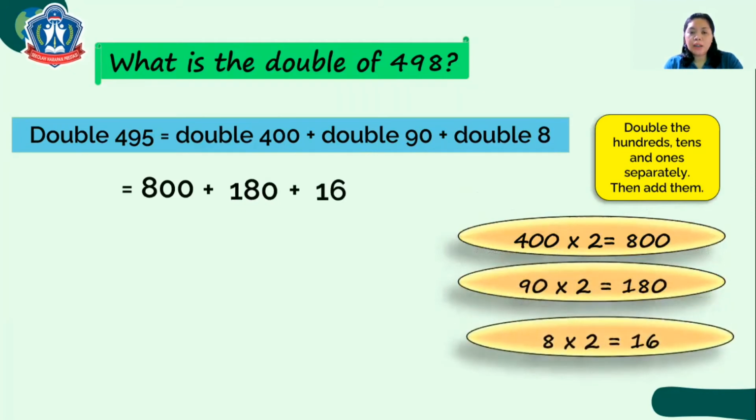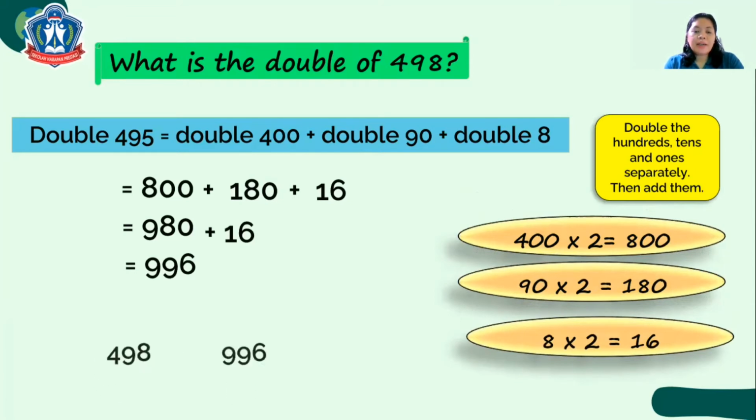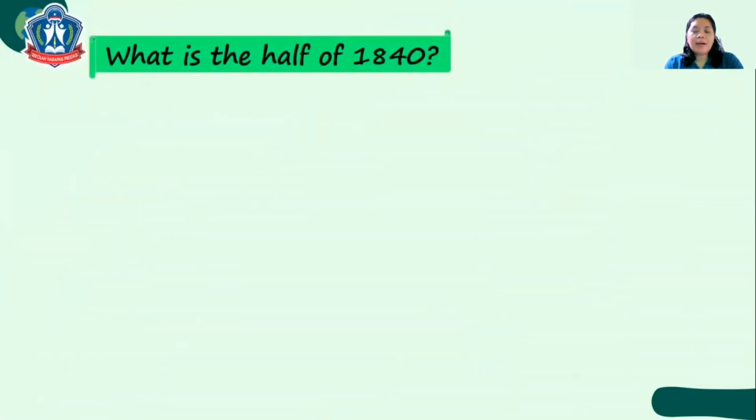Then let's add all together. 800 plus 180 is 980. Plus 16, that is 996. So 996 is the double of 498. Another, let's find the half. What is the half of